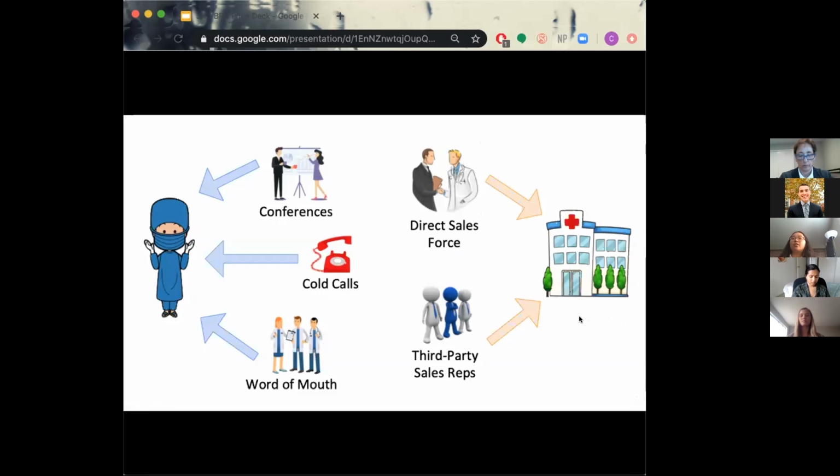We will target our users by making cold calls, attending professional conferences, and relying on word of mouth to gain popularity amongst clinicians. We plan on negotiating with payers where we will provide clinicians with opportunities to try our devices